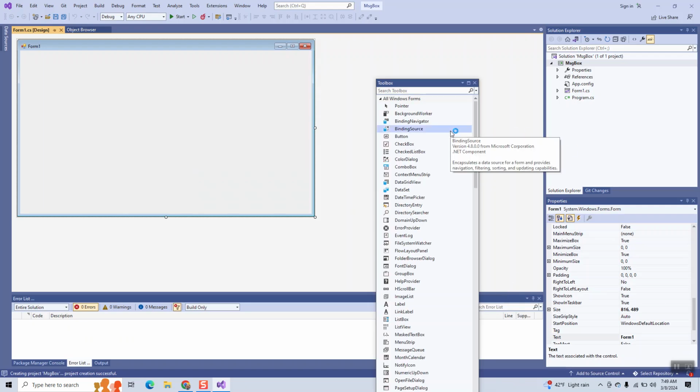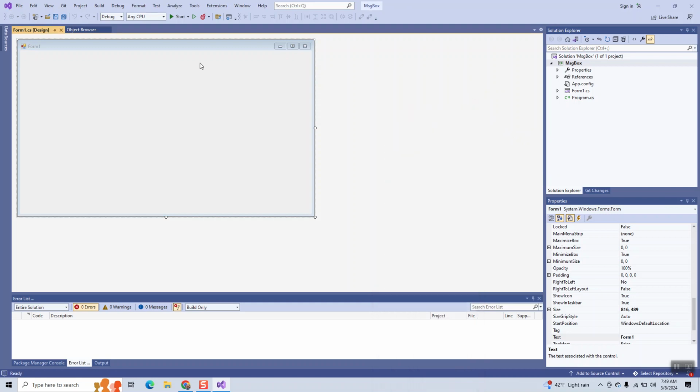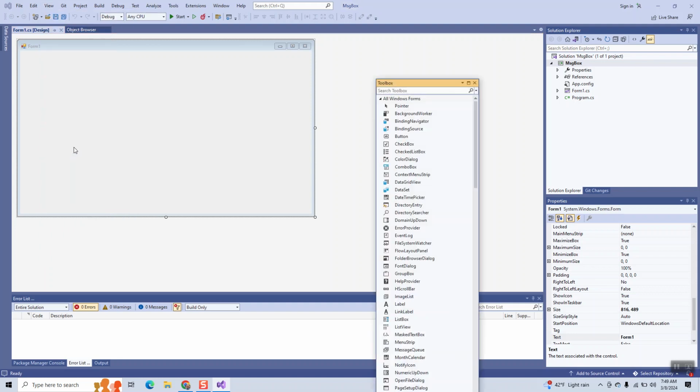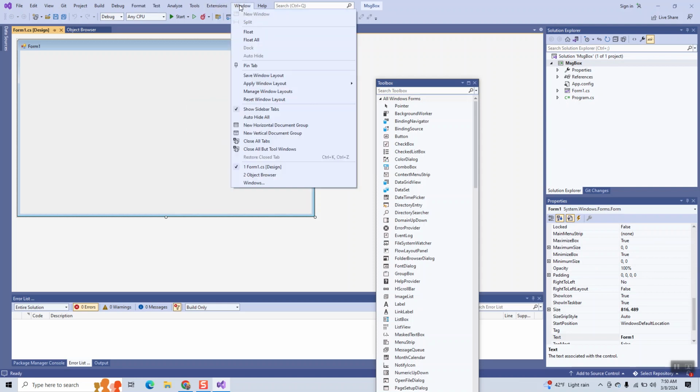And you should see an interface that looks like this. If you don't see the toolbox, you can get to it on the View menu. You come down to View and then select Toolbox, and it will pull up the toolbox. If you don't see the Properties window right here, you can right-click on the form and select Properties, and the Properties will pop up. This window right here is called the Solution Explorer, and if you don't see that, you should be able to